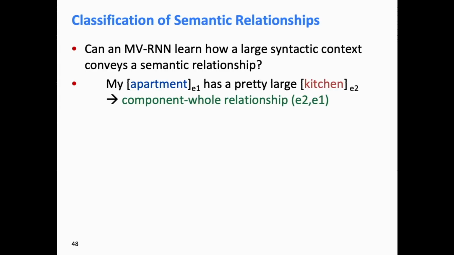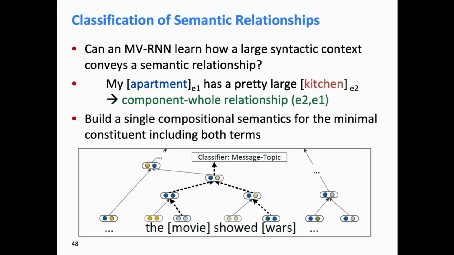We also then used this model to say, well, could we do semantic classification tasks? So if we wanted to understand relations between different noun phrases, this was a data set where there were relations marked between two noun phrases. "My apartment has a pretty large kitchen." That was seen as an example of a component, whole, a part of relationship between the two noun phrases, and there were other relationships between different kinds of